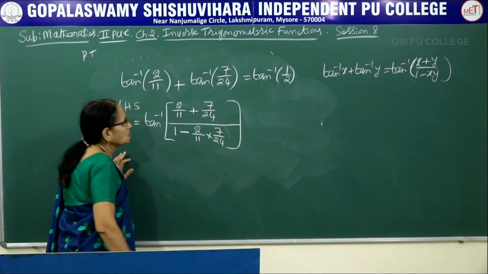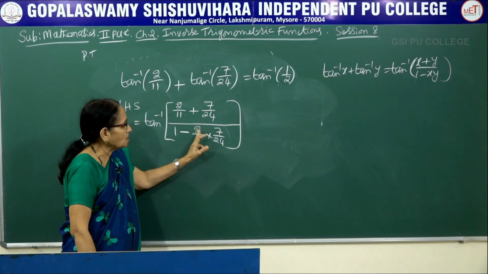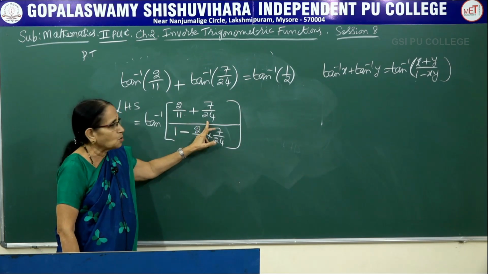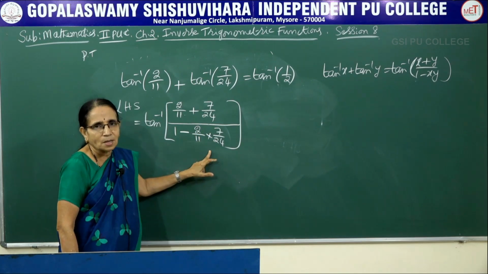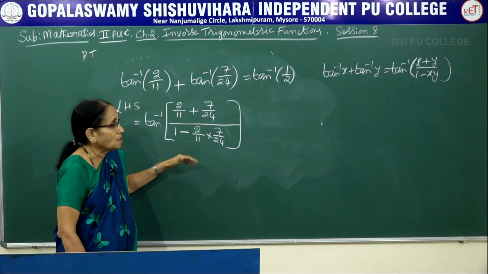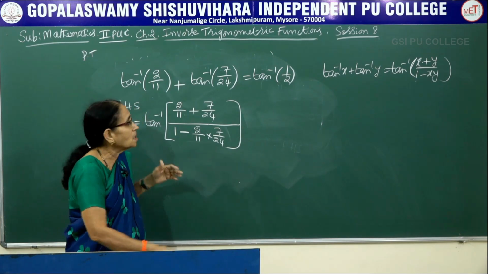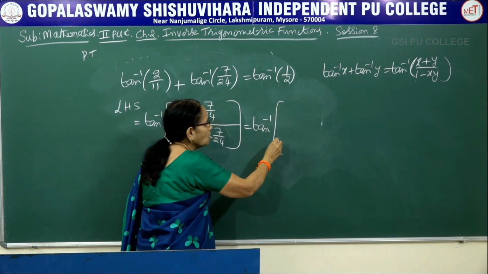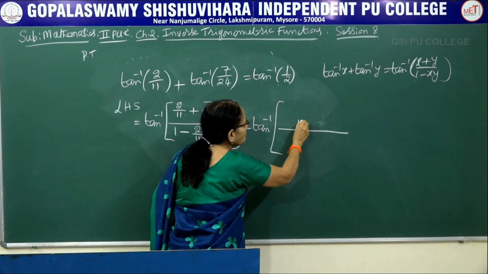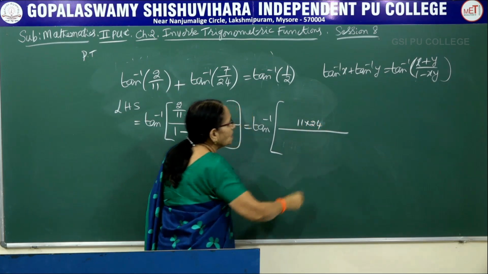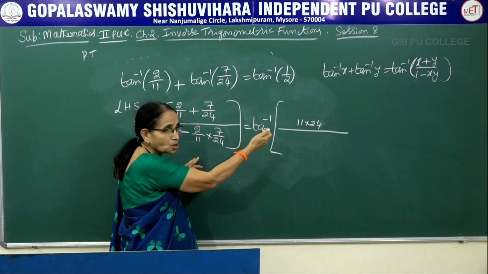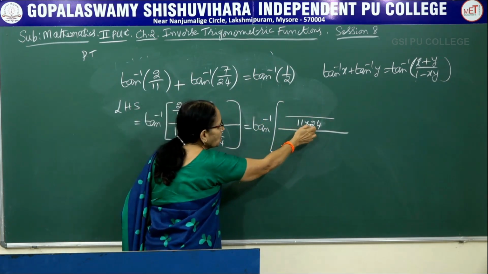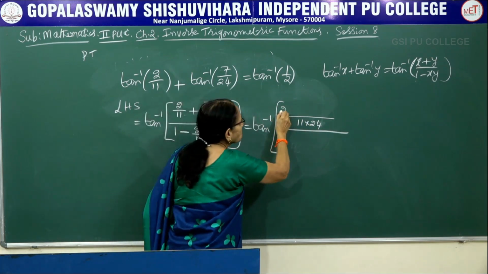Now here also, I told you can just cancel it, but better keep it so that the numerator has the LCM 11 into 24. The denominator also has the same LCM, so that you can cancel it. So for the simplification part it would be easier. Now let me take the LCM. Tan inverse of, here first I take the numerator. The LCM being 11 into 24, into the actual multiplication also. And here, 24 into 2